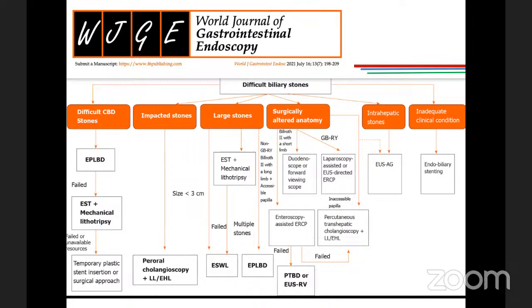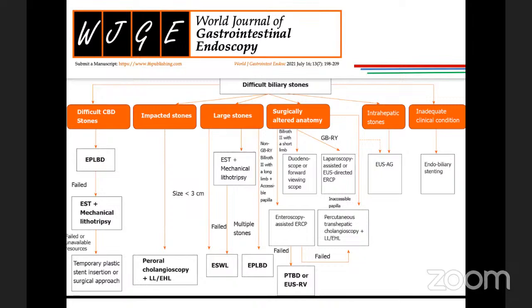In 1989, at SGPGI only, there was a CBD stone extraction attempted. The Dormia basket got locked inside. It could not be moved out, and Dr. Chaudhary was not willing to sacrifice the stone holding basket. And then he was stuck, nothing to do. We were called in. We were operating in the OT. What can be done in this situation? I said, just cut the wire and remove your scope. He said, what will happen after that? I said, over to the first floor. We used to operate in the neurosurgical theater, now the present neurosurgical theater. So very reluctantly he agreed.